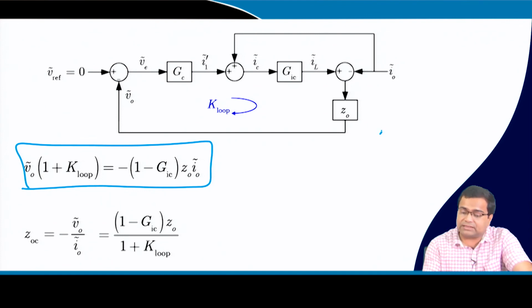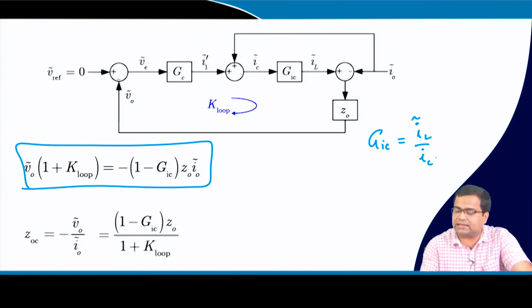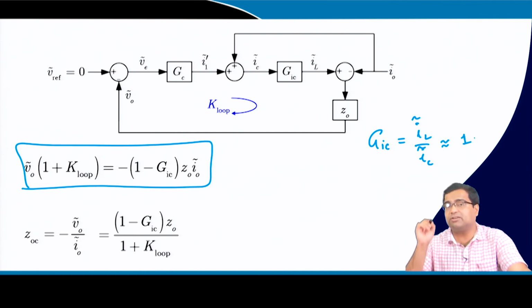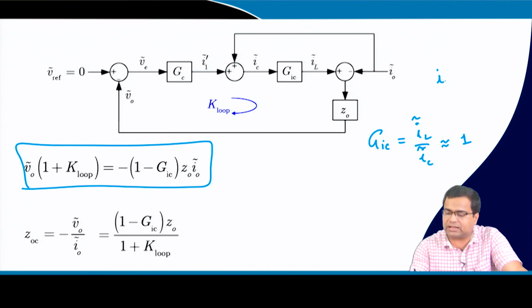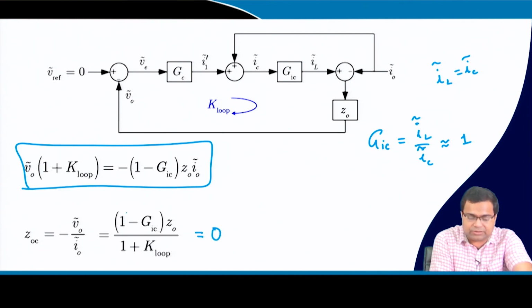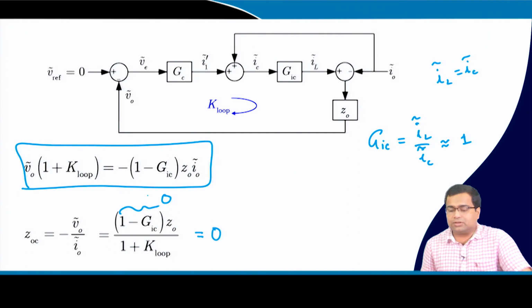Now, we know that GIC, which is the transfer function between IL and IC, right. So, in approximate first order model, this will be approximately equal to 1, because in our first order approximation, we have considered the inductor current perturbation to be equal to IC perturbation, and if it is so, then this will be simply 0, because this term will be 0. So, in approximate sense, it shows that closed loop output impedance is 0, that means it behaves like an ideal voltage source, but in practice there will be slight change, because that will come due to the dynamics of the